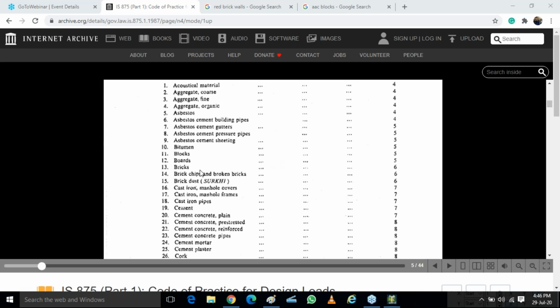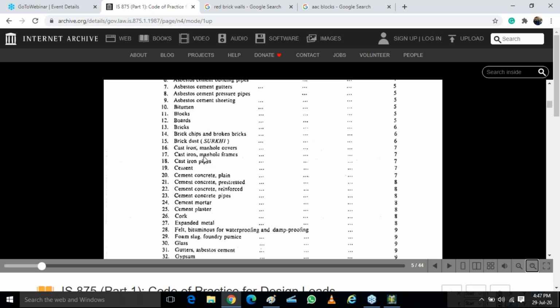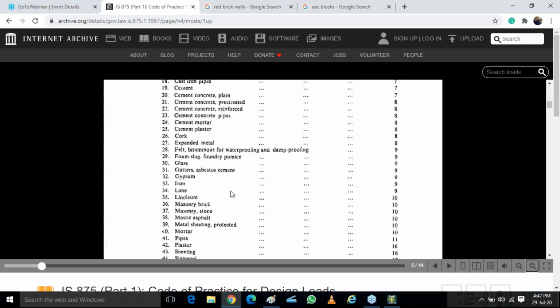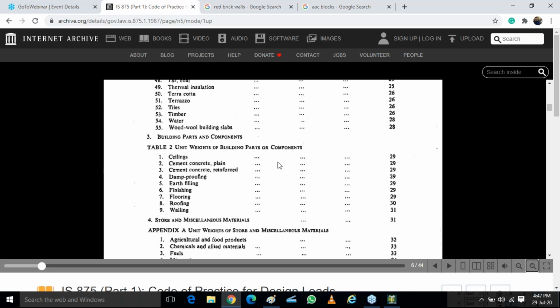Now in this, can you see these bricks? Just find brick masonry. I think on page number 7 we have some brick. Can anybody find brick masonry? Yes, brick masonry. Can you see this? Everyone, raise your hand if you can see this brick masonry, page number 10. Now I have to go to page number 10.